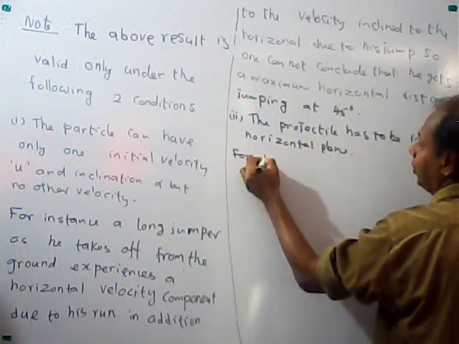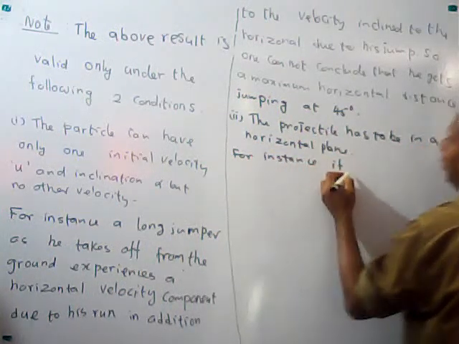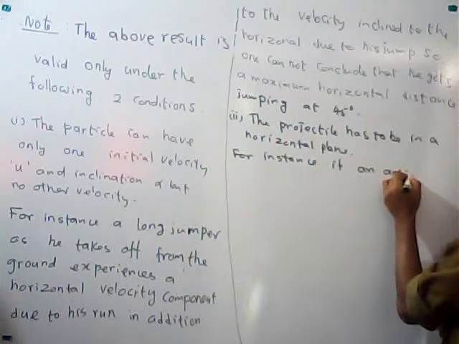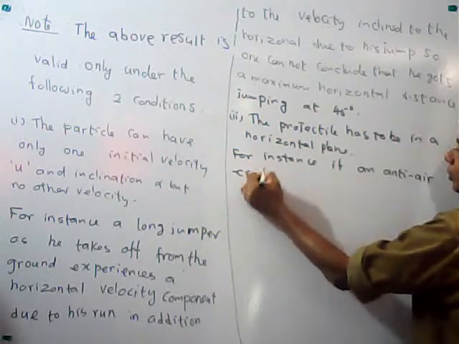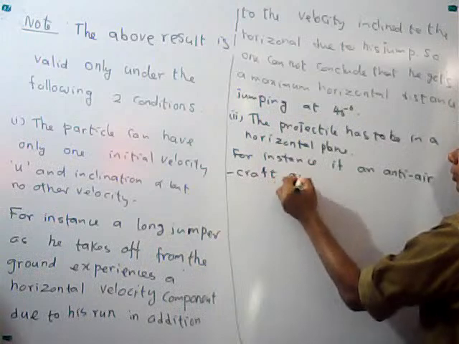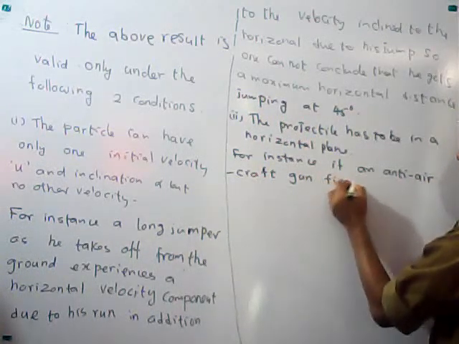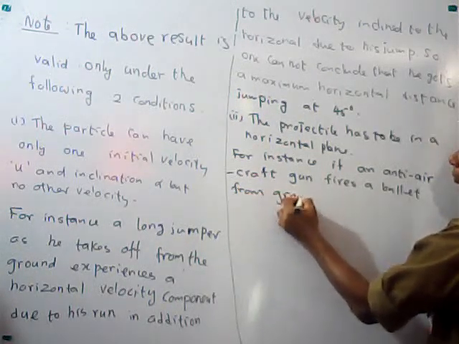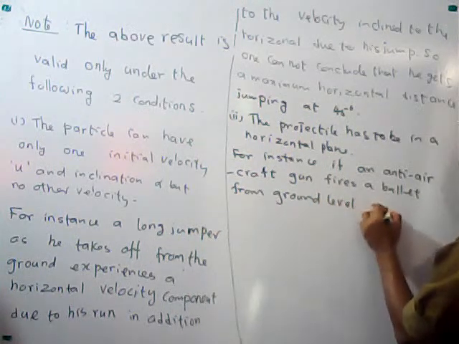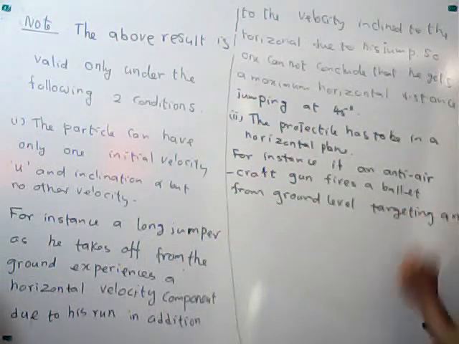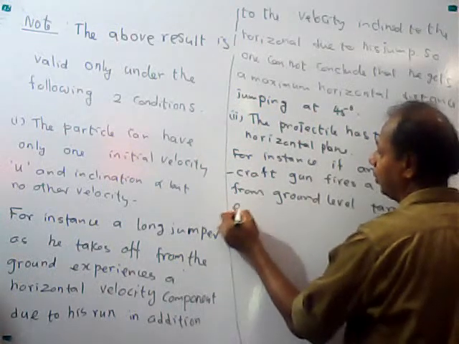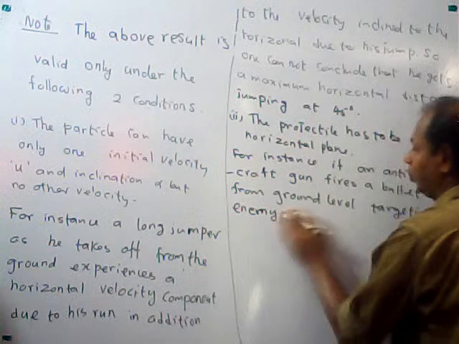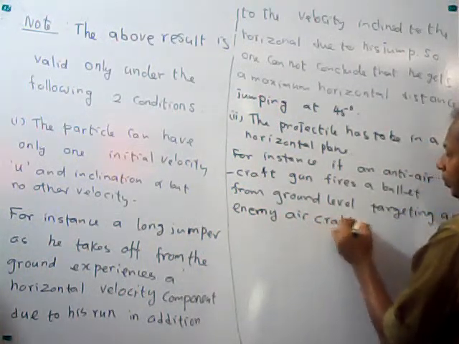For instance, if an anti-aircraft gun fires a bullet from ground level targeting an enemy aircraft flying at some height,